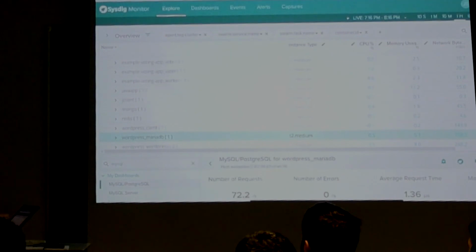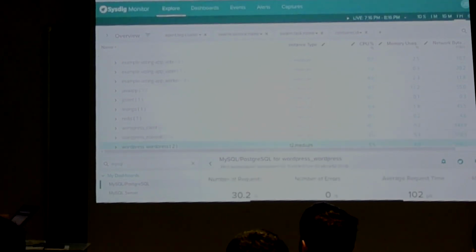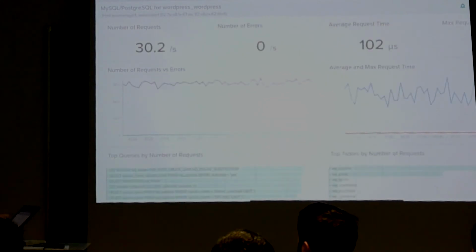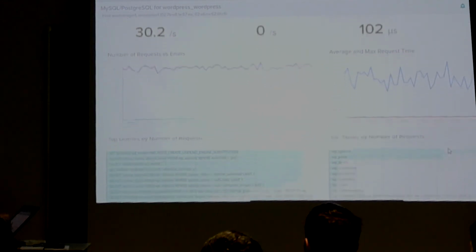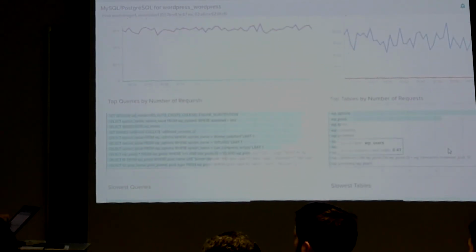The nice thing is I'm doing this on the MariaDB container, but I can go to the WordPress container, apply the same view, and I will get the same metrics because PHP is writing those SQL queries into the socket that talks to MariaDB. So it's a cool hack. A lot of visibility, very little price.